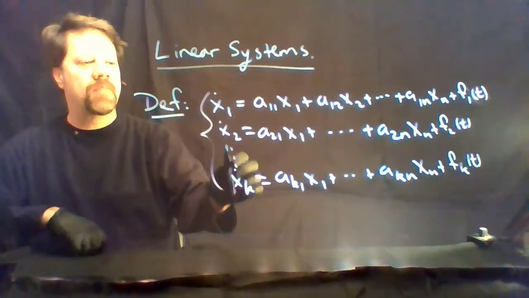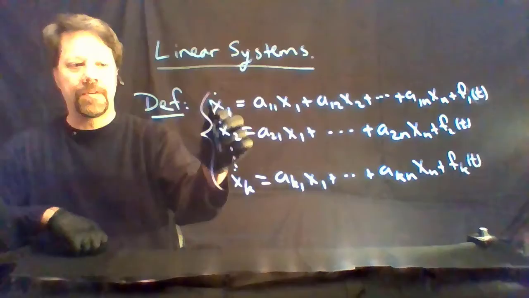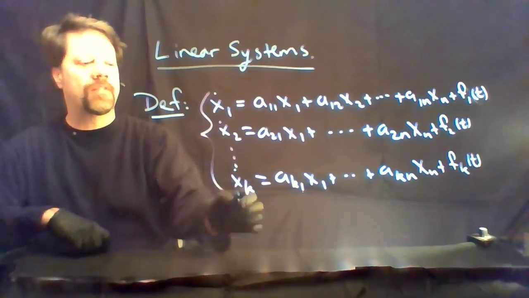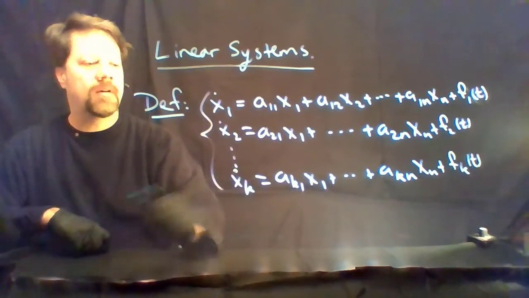You can see that in this first order linear system, we have all of the derivatives of the unknown